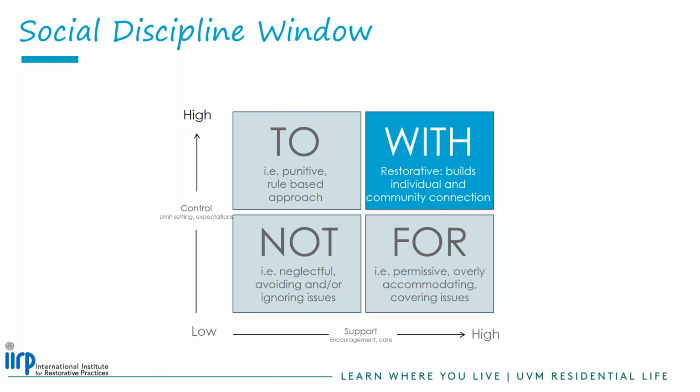Those of us who are maybe up to date on current research on today's college students, we know that a lot of college students don't like the thought of being authority figures or having positional power. And so really the social discipline window also helps us conceptualize for the RAs the fact that it's all right, having positional authority or positional power in the RA role is not inherently bad, and it's not something to be worried about or avoided, but really how you operationalize and put into practice that positional authority that you have as an RA is what makes more of a difference.